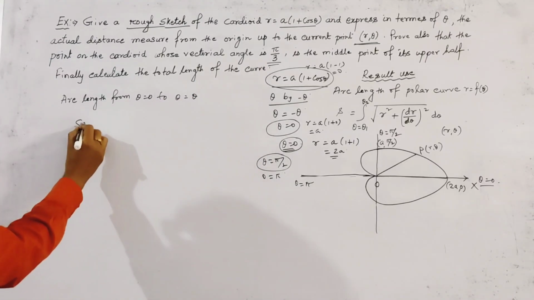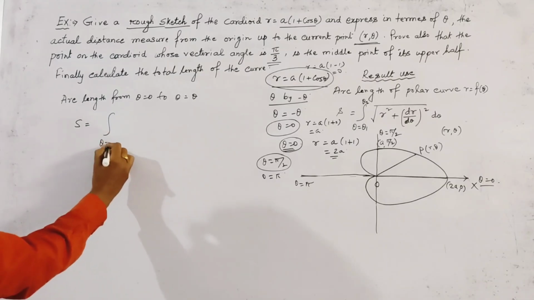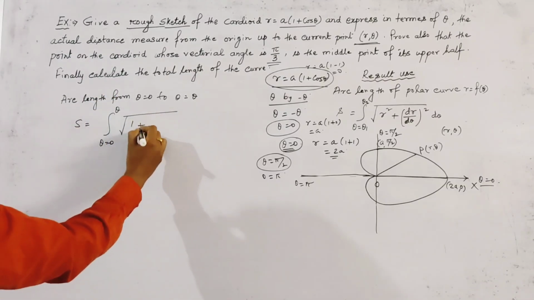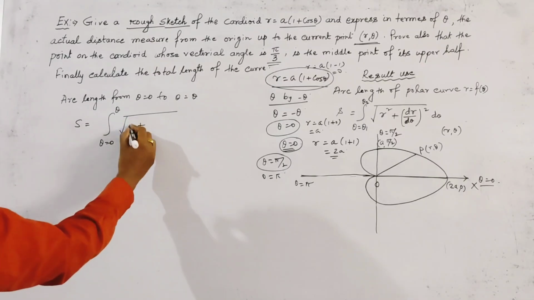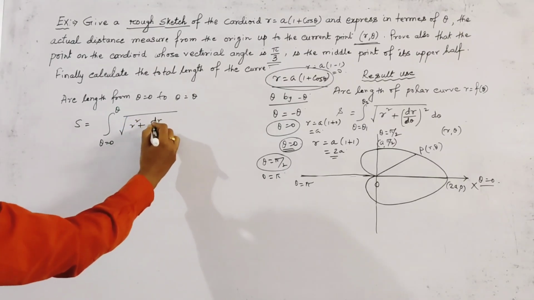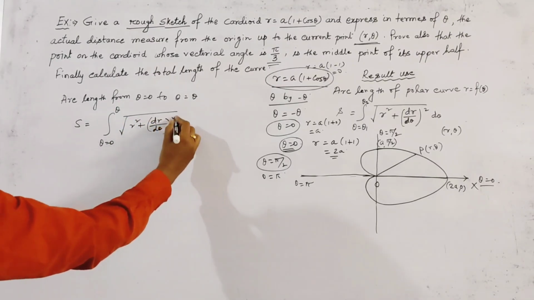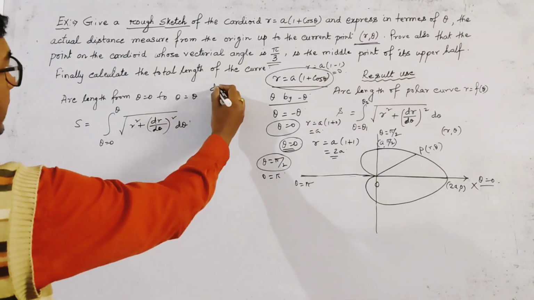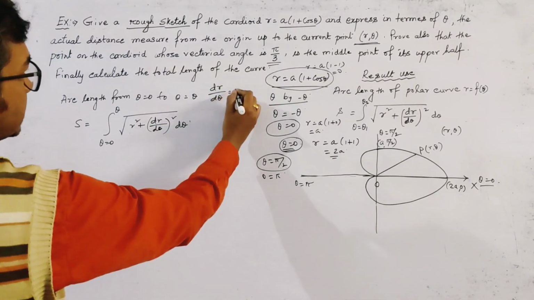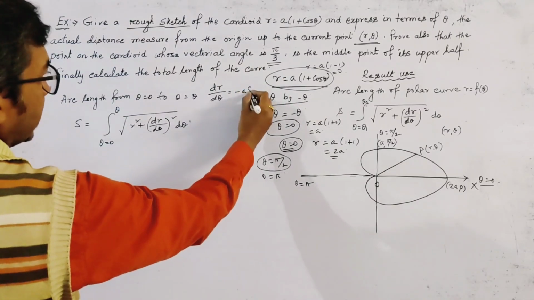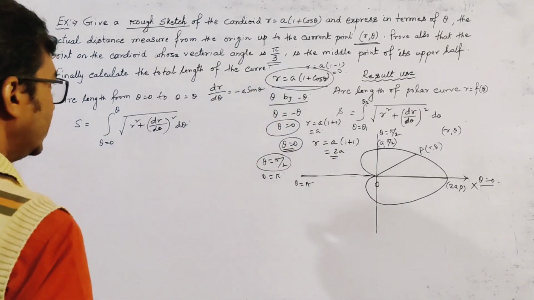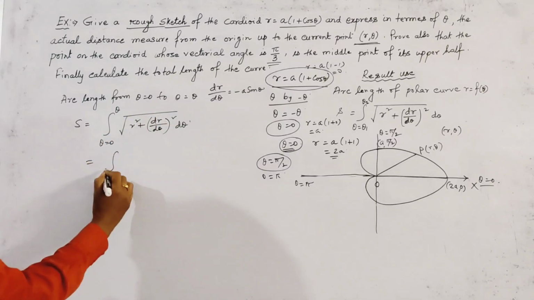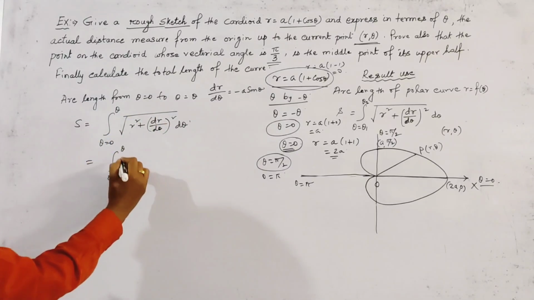We get S equal to the integration from theta equal to 0 to theta of root under 1 plus, sorry, this is r square plus (dr/d theta) whole square, d theta. Here dr/d theta is given by minus a sin theta. So we put the value of dr/d theta and r here, and get the result as the integral from 0 to theta of root